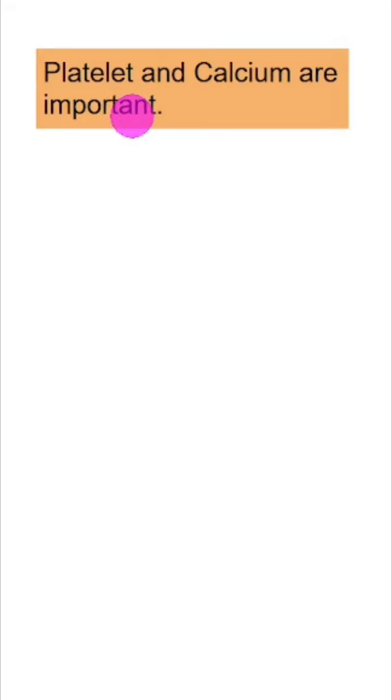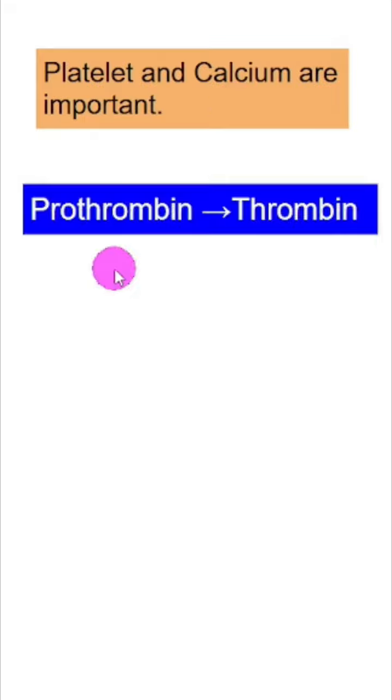Now calcium is one of the coagulation factors. What are coagulation factors? They are factors which are normally present in inactive form. When they sense any injury, they will be converted into active form. Now in this case, the reaction is catalyzed by an enzyme called thrombokinase. This active thrombin in turn is going to activate fibrinogen into fibrin threads.